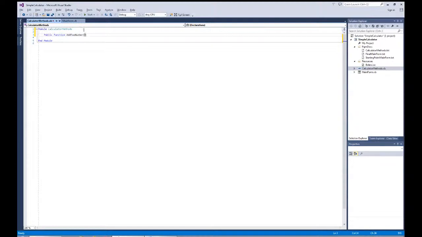And the AddTwoNumbers is going to bring in ByVal, which is a copy of the value that's being passed in. And I'm going to call it this first operand as string. And I'm going to also do a ByVal